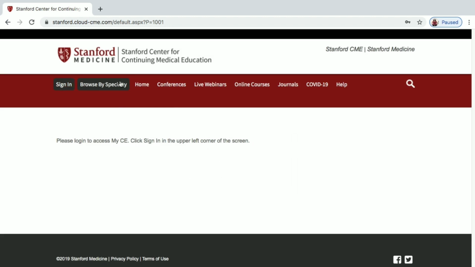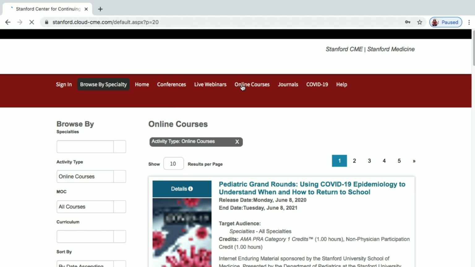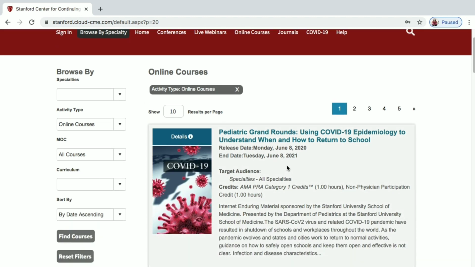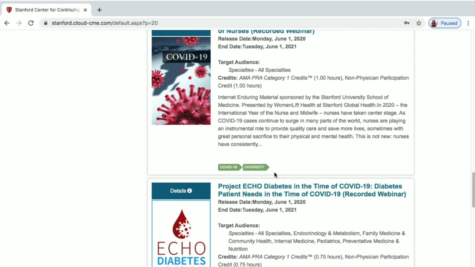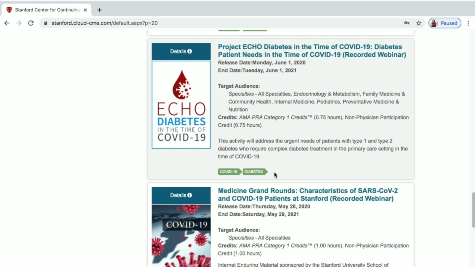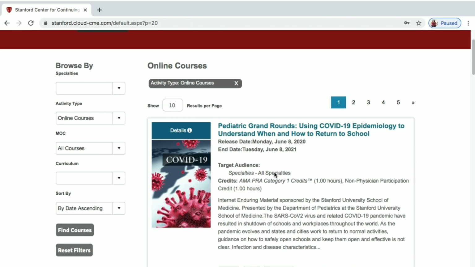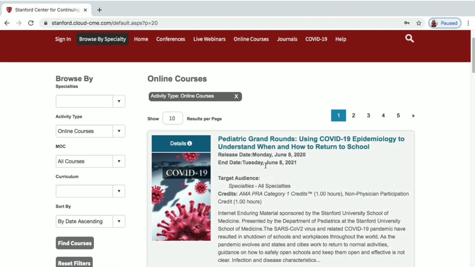You can see their online courses. Just click on online courses, and you'll be coming here. Here you can see a lot of courses. All these are courses offered by Stanford, and you'll even get a certificate for completing all these courses at zero cost.